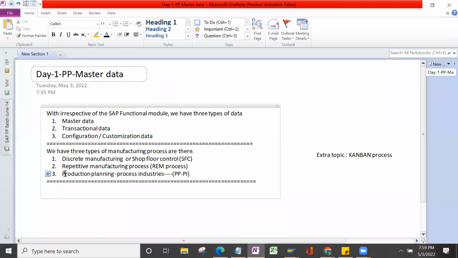So if you are working in production planning for process industries, then it will be called ingredients to make your final product. If you are working under discrete manufacturing or repetitive manufacturing, then whatever components, whatever list of items required to make your final product, will be called components or lower level materials. Okay. So where we can use production planning for process industries means in most of your FMCG companies,